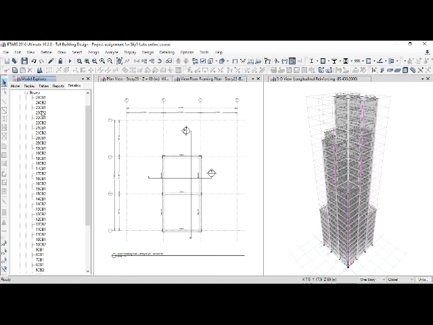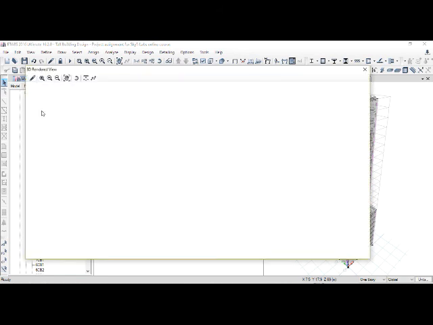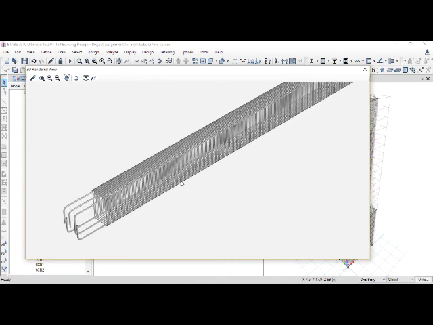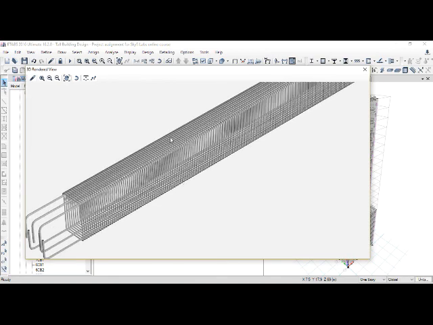Similarly, you can go for the reinforcement detailing for any of the beams. So you can see that the reinforcement detailing for that beam is given with all the longitudinal and the shear reinforcement, or the confinement reinforcement.